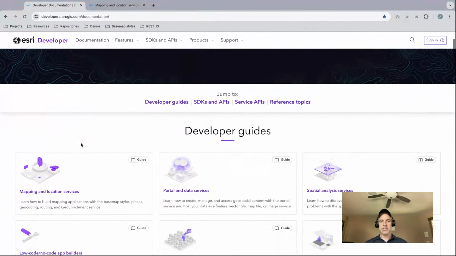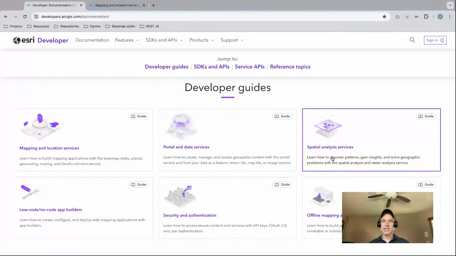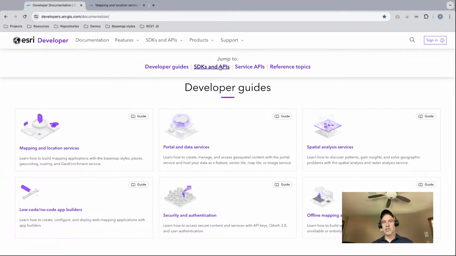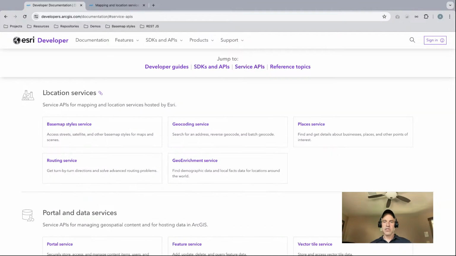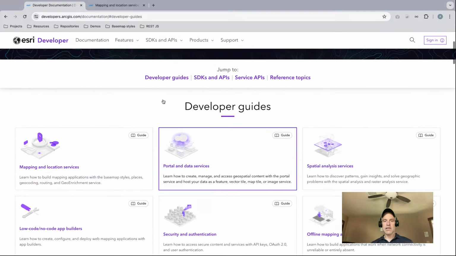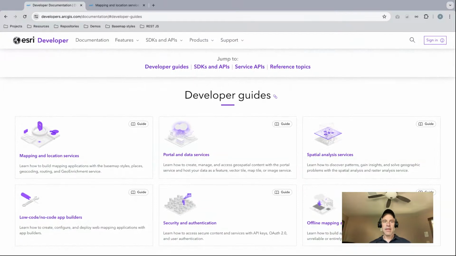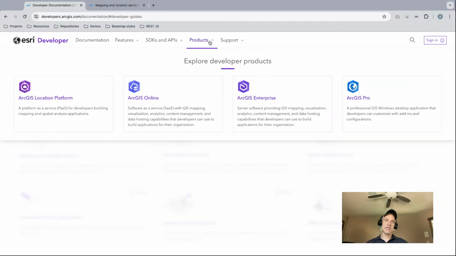Now the documentation page is broken up into these developer guides. This is really what we're going to focus on today. We're going to dive into some of the content here. But if you're looking for quick jumps to your SDKs or the service APIs, like for location services, or if you want to get down to the reference topics, then those are all options as well. But this is probably the main page that you'll spend the most time on in the site. Then there's a features menu, there's SDKs. These little menus just give you a quick way to jump to different pages and different sites within the